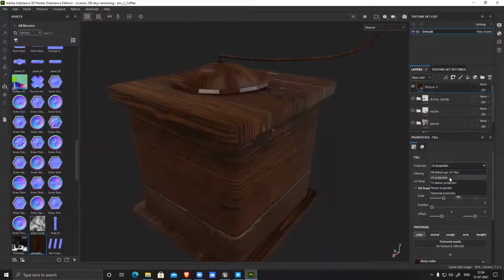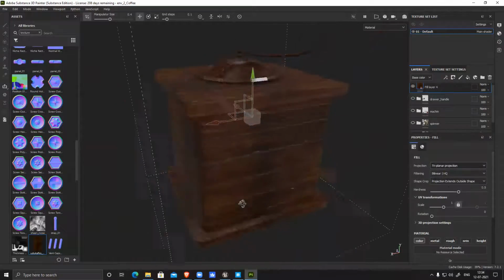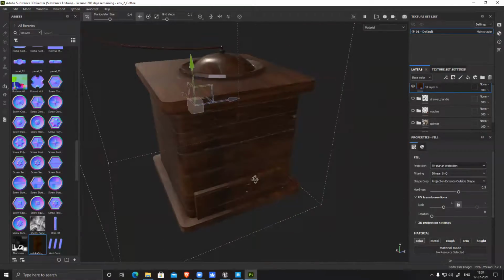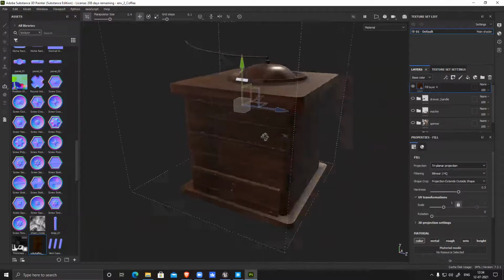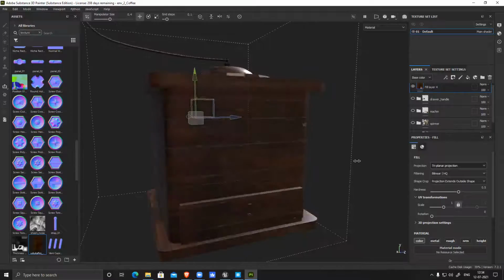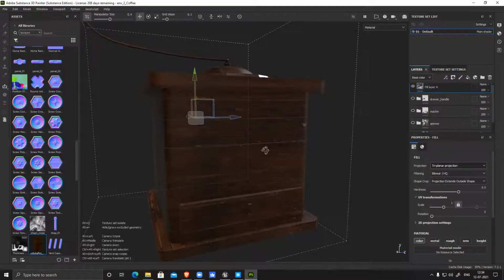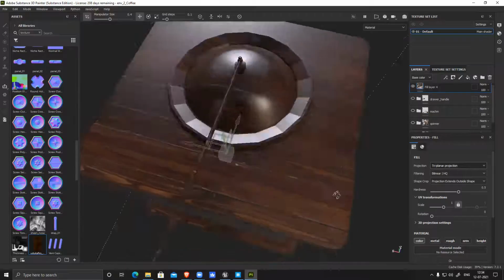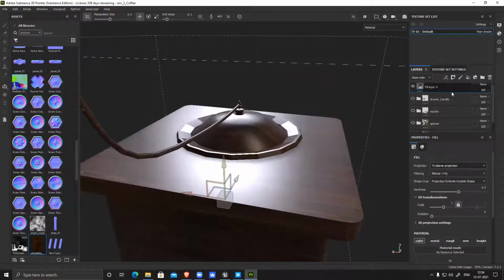If I change this to triplanar, you see, it changes the texture based on the surface. That is the magic. It basically projects from three directions, so we will never have any seam in the model. It projects based on the shape of the model. Previously it was the shape or placement of the UV, and now it is based on the model.